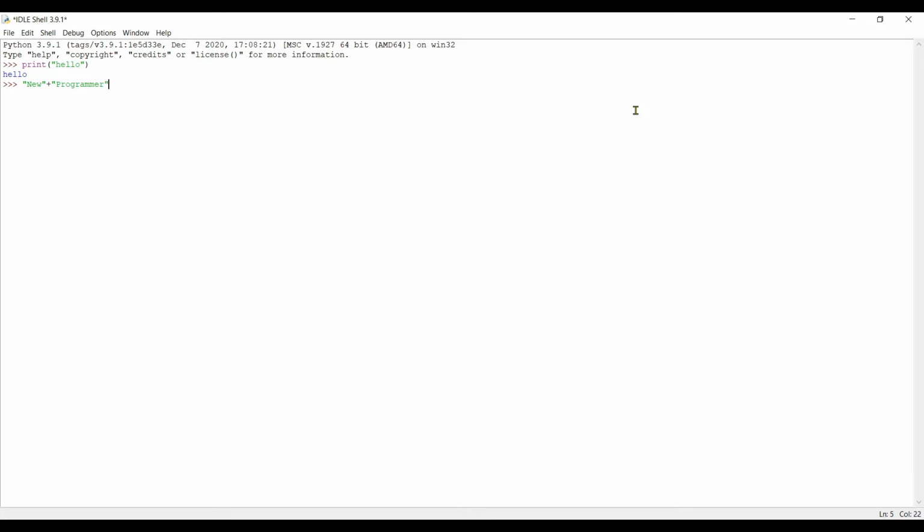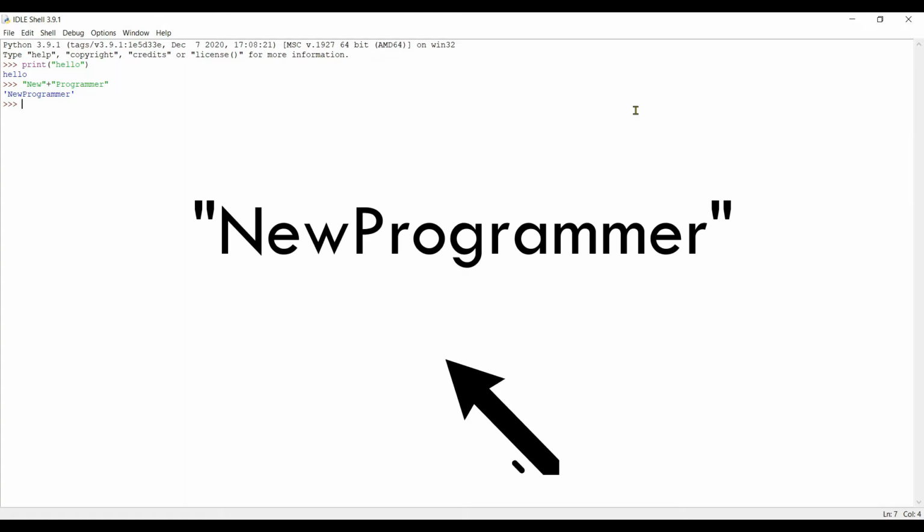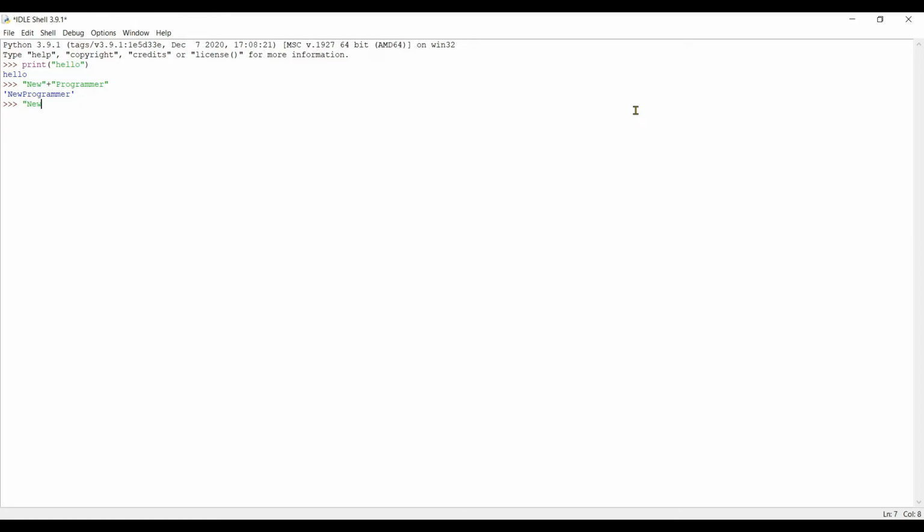I want to add these two words. Let's see what happens. We got new programmer, but we need a space in between new and programmer. Let's see how to add a space. We have to add a space here. Then we need to add programmer. Now we will get new programmer.